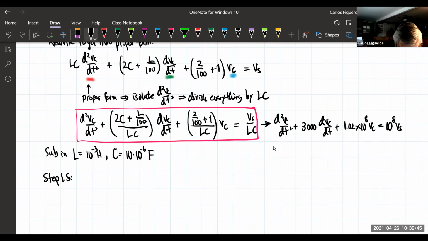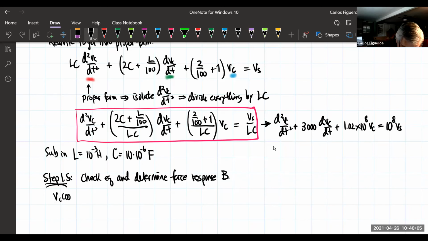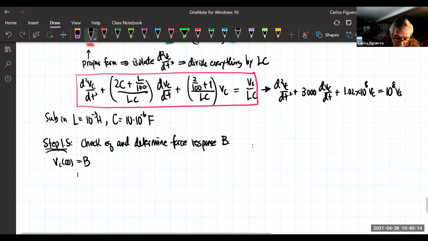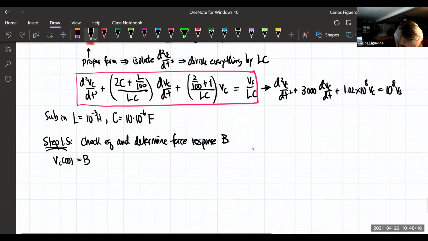So now let's go do the final step. We want to check the equation and determine the forced response B. So once again, VC at infinity should be a constant, since we're only dealing with constant sources here. So what does the equation tell us here? Well, right away, what we're seeing here is that I'm going to get